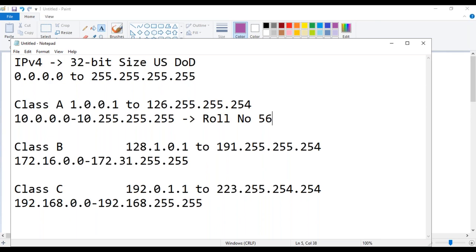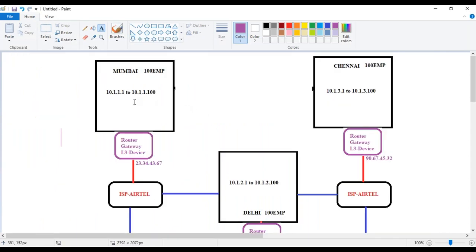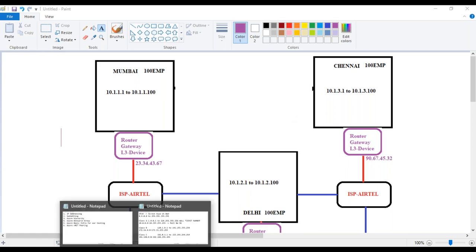Likewise here, a public IP is like a hall ticket number. A public IP is a hall ticket number which will be unique across the world, not just one region, guys. The roll number is like a private IP address. Why? Because this company is using 10.1, and some other company could also use 10.1. Infosys can also use 10.1. TCS can also use 10.1. Anyone can use these private IP addresses internally.